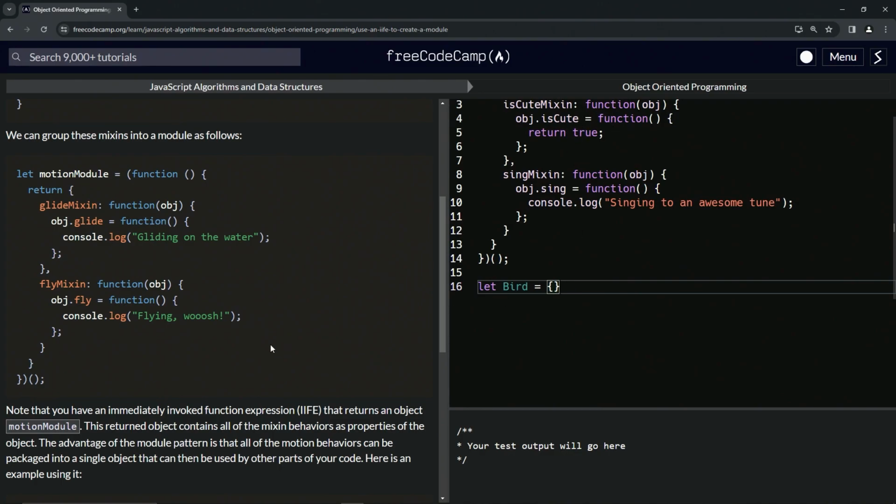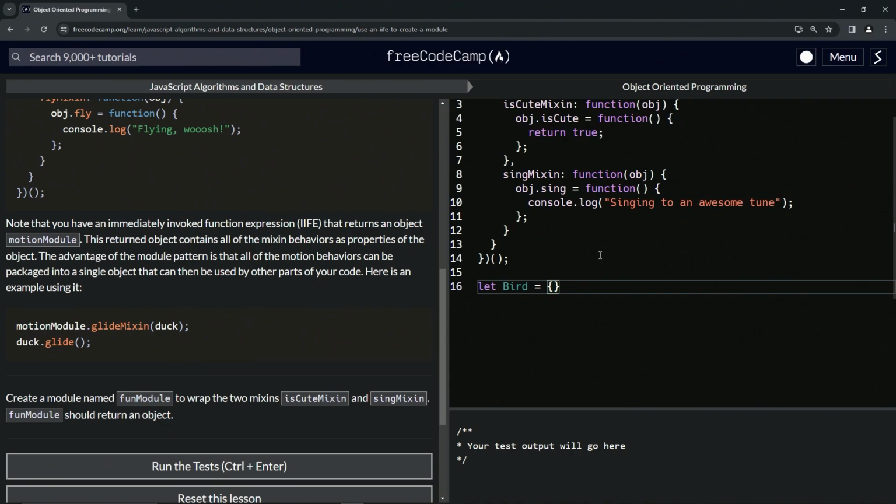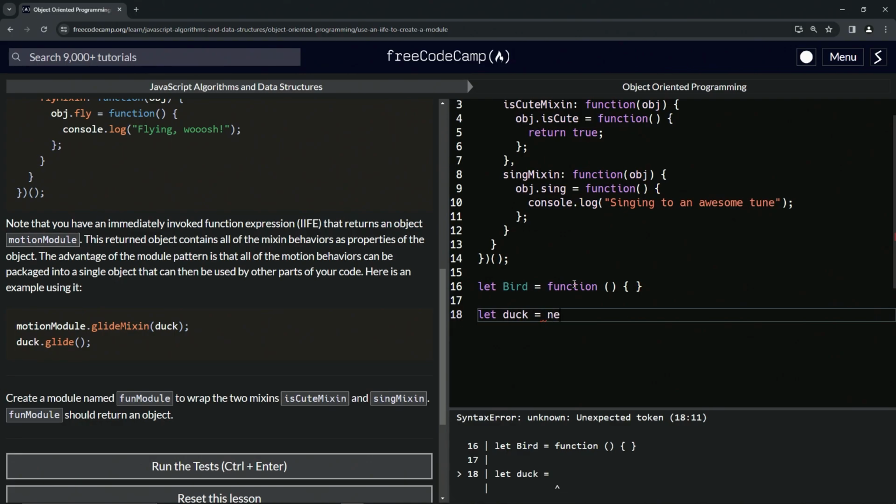We're going to do the thing where we go function, and now it's a bird constructor. Now we're going to come down here and say let duck equal new Bird,